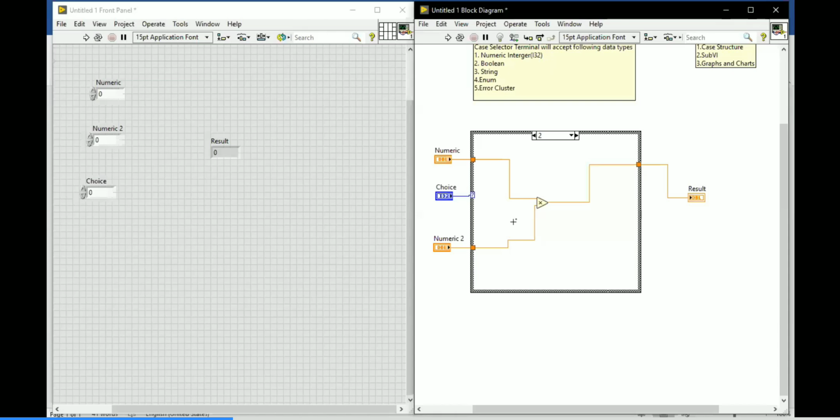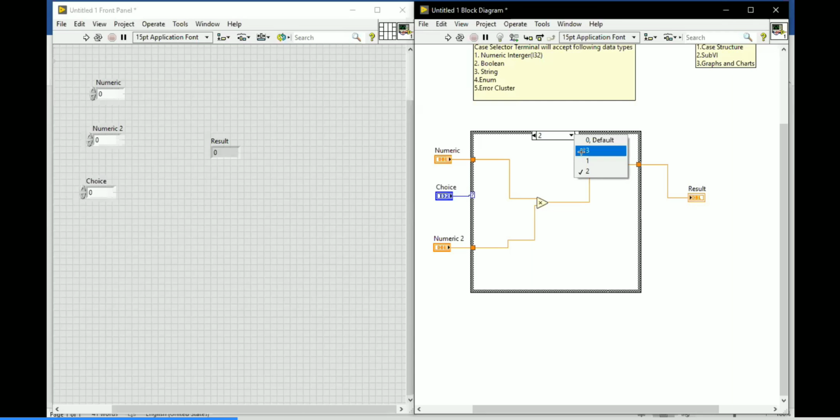At that time the program will take the default case to execute. If the choice value is not available in the case structure, it will execute the default case. So the default case is the user's choice. If the user wants 0 as the default, you can go for 0. Or if I want to be in the first bencher, I choose case 1; last bencher, the third place; middle bencher, case 2. Whatever you like.